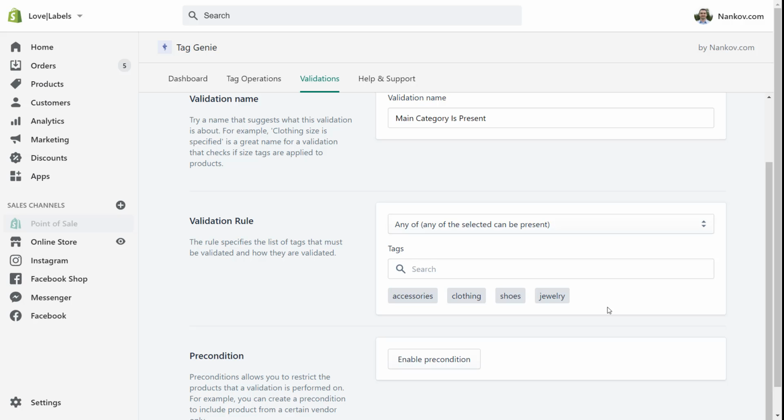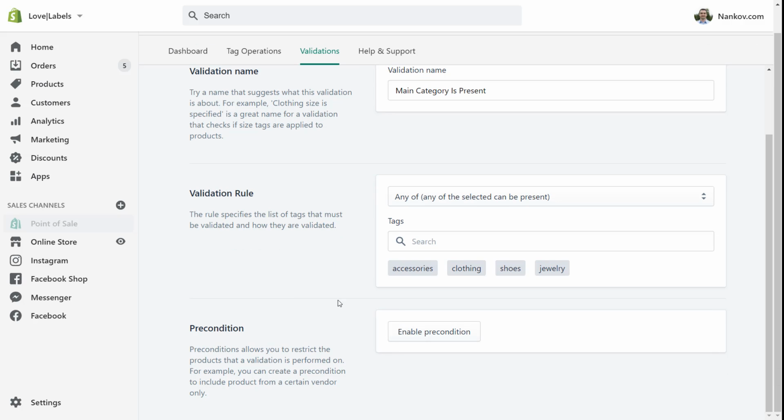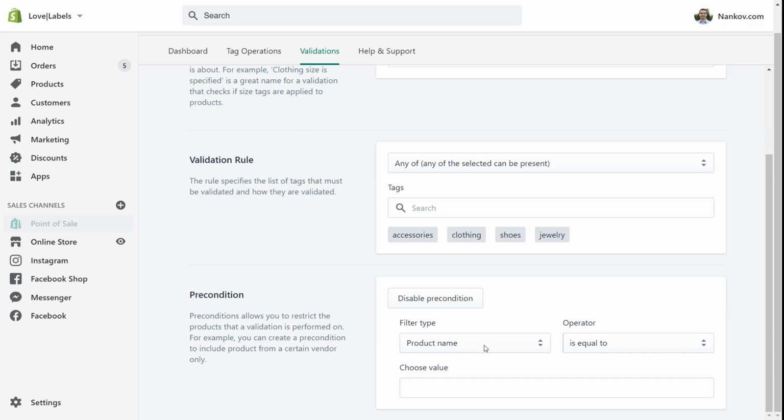Okay, and we also have a precondition section here, which is basically the filters that you know from tag operations, so you can filter or limit the products that this rule will be applied on. So this is a more advanced functionality. Okay, if I go back to the store,